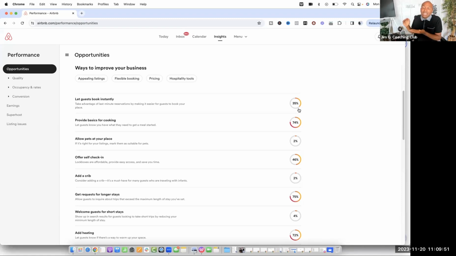So when you're doing instant book, you still should go in and ask that guest what they are here for. What's the purpose? Make sure that guest has the right purpose. How many people are going to be staying? Make sure that guest is going to be able to abide by the house rules, right? So when you do that properly, with instant book,